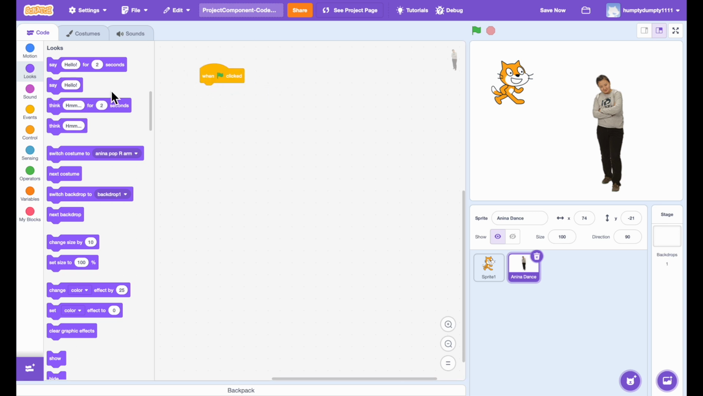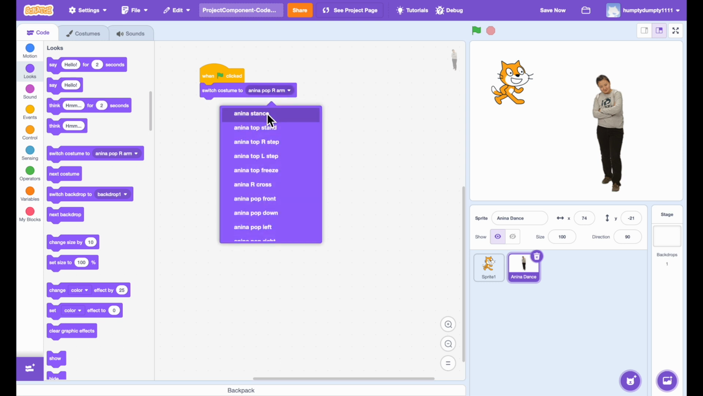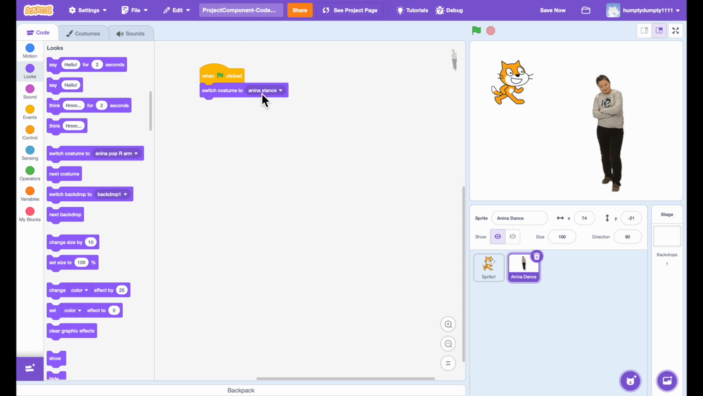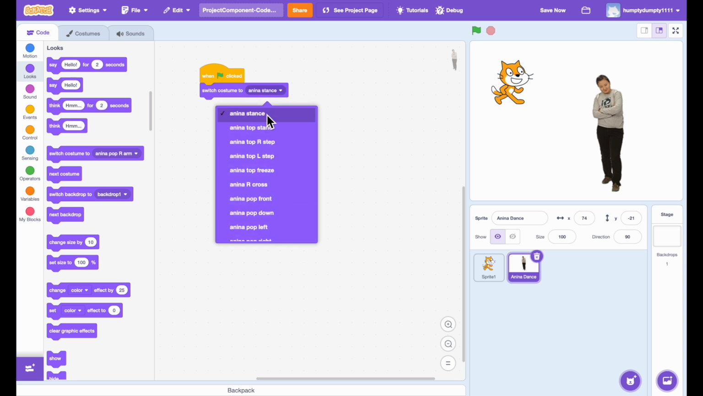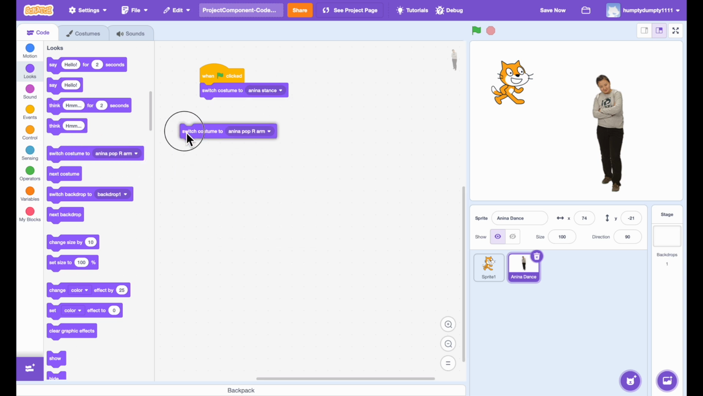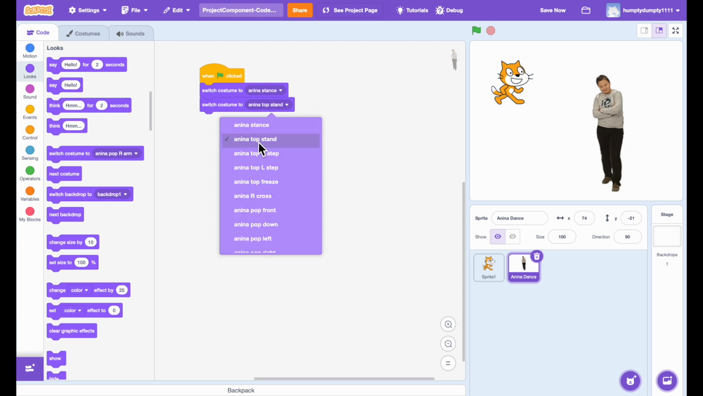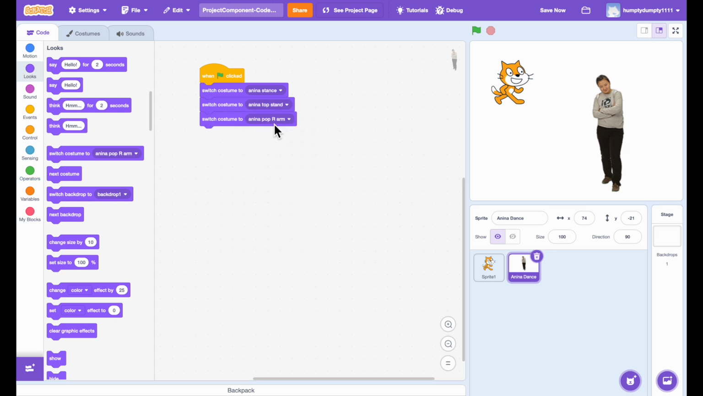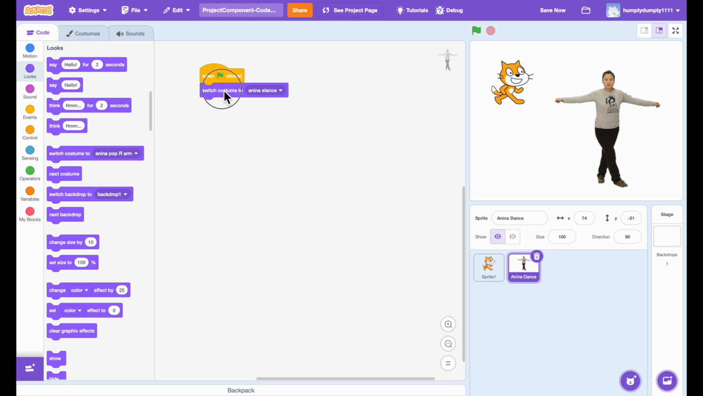So when the green flag is clicked, I can go to switch costume and ask it to change the costume to Anina stance. These are the costume names. So the first one is Anina stance. Then I'll put switch costume to the second costume, then switch costume to the third costume. This way I'll keep on adding. So what will happen if I click the green flag? It will change its costume. Okay, it is doing it very fast. It's not visible. So rather than writing it this way, I'll use next